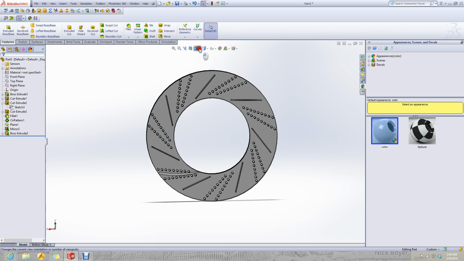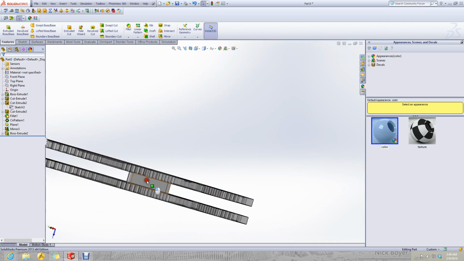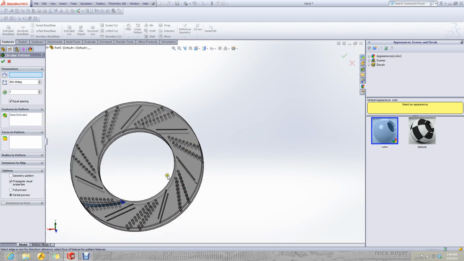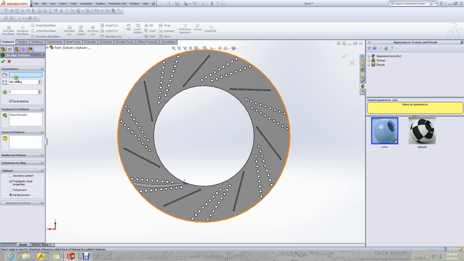Like so. Now I will select this feature, do a circular pattern around the circle.